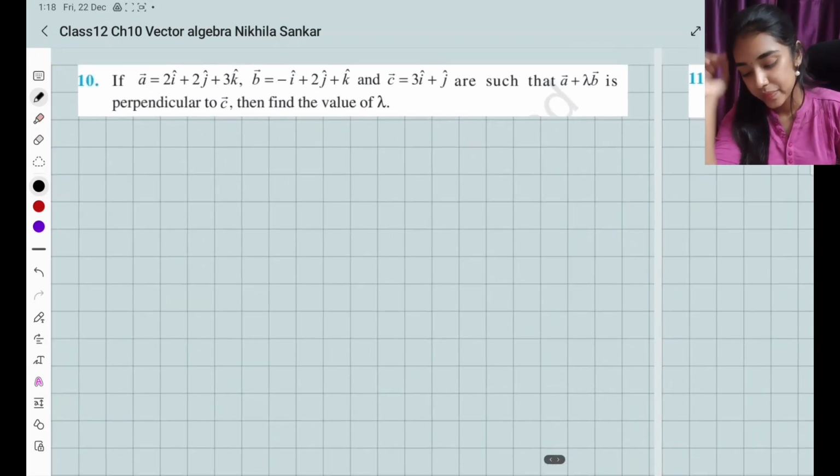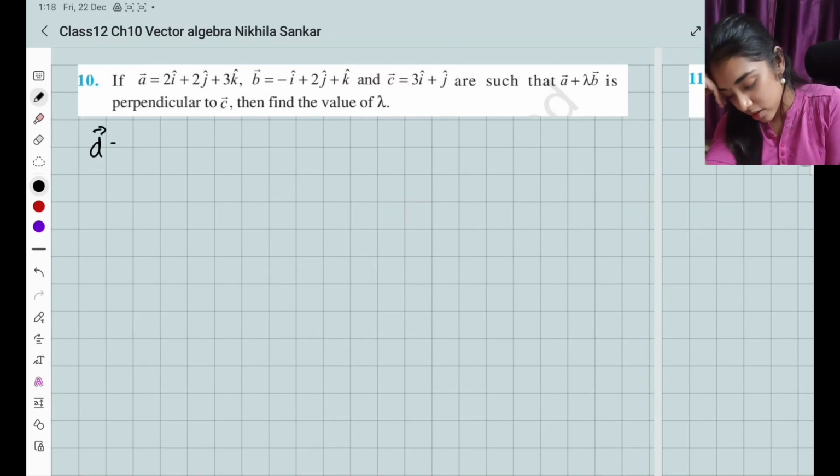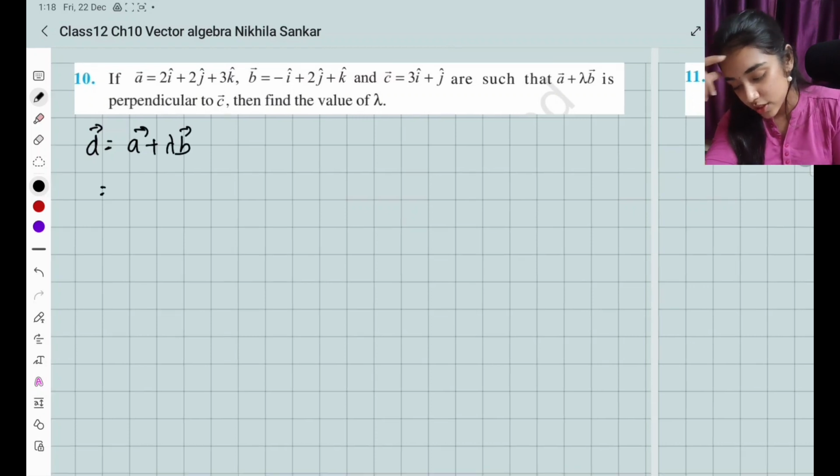Question number 10. If a, b, c are such that a plus lambda b is perpendicular to c, then find the value of lambda. Okay. So, இப்போ first a plus lambda b கண்டுபிடிப்போம். So, I am going to take some d vector to be a plus lambda b. Let me find the values. So, this is going to be